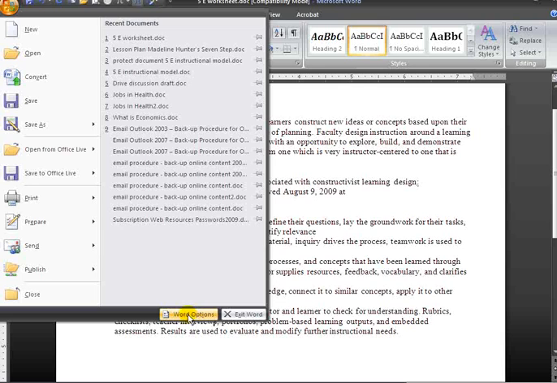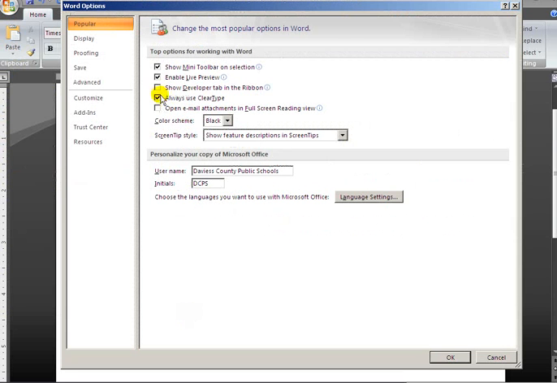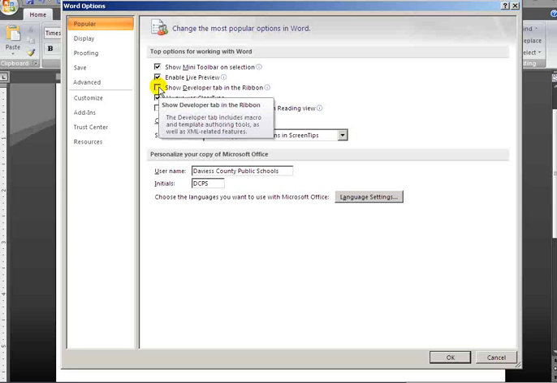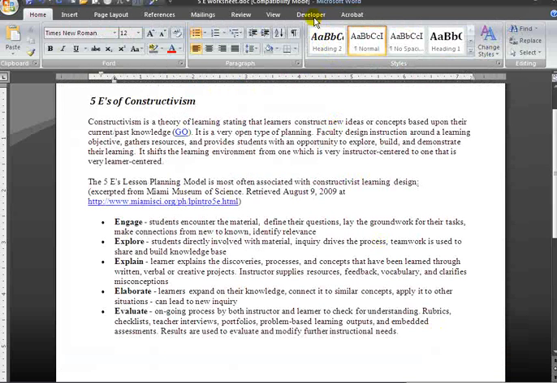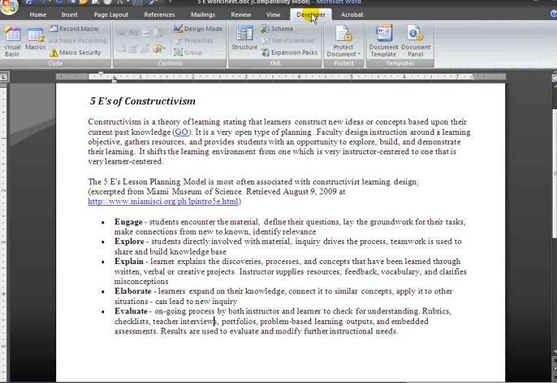And down at the bottom, click on Word Options. And notice here is Show the Developer tab in the ribbon. I'm going to place a check mark there and click OK. Notice now we have a Developer button or tab at the top of the screen, and I'm going to click